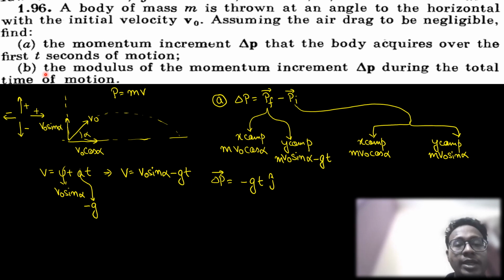Now the question is asking to find the modulus of delta p during the total time of motion. So when the velocity reaches out here, what would be the velocity at the end of the trajectory? v naught, and this angle would be alpha, because the projectile is symmetric midway. The x component of velocity does not change, so the x component of momentum will never change. So delta px will always be equal to 0. We have to find out delta py. So the final momentum,